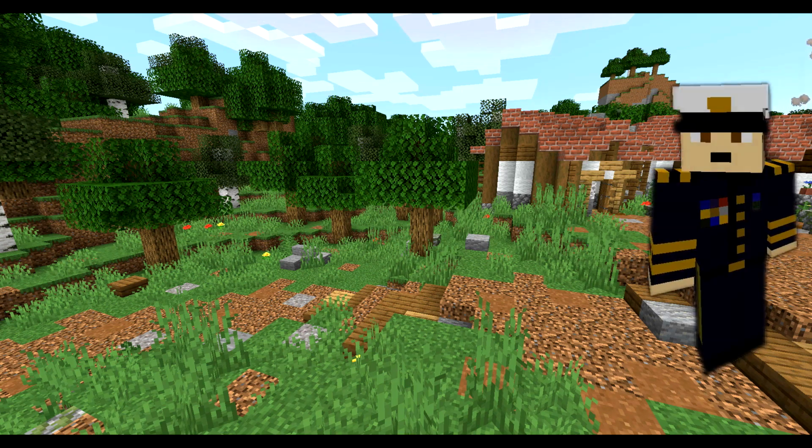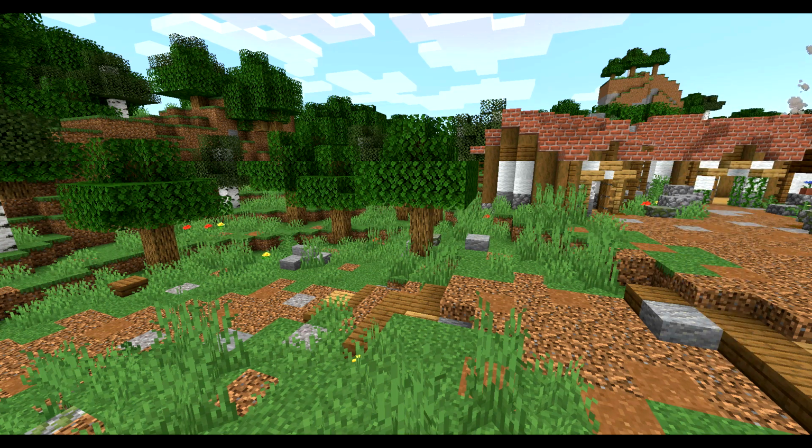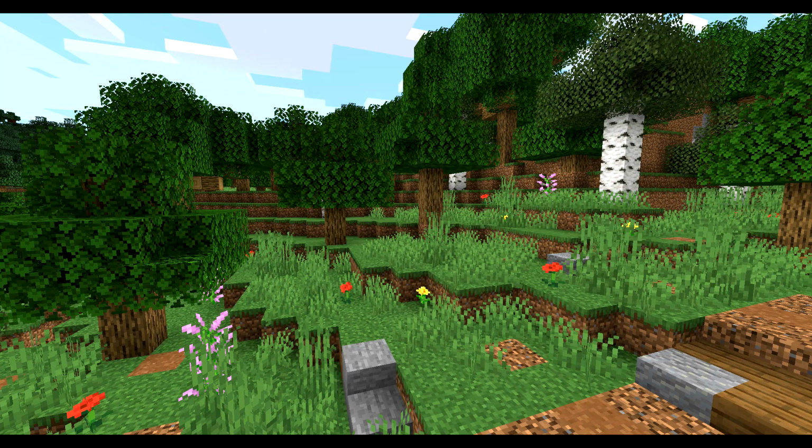So in this episode we're going to go over creating custom oak trees in Minecraft and basically going through a little bit of a mini forest area for you guys so that you can see what